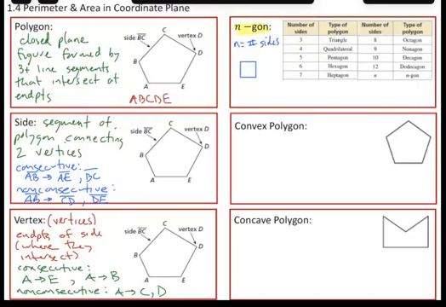All of those would still just be considered quadrilaterals. Okay? 5 sides is a pentagon, 6 sides hexagon, 7 sides not used as much, but that's a heptagon. 8 sides octagon, 9 sides, again, not used quite as much, but that's a nonagon. 10 sides decagon. The other ones beyond that, there are some names for things, but beyond 10 sides,